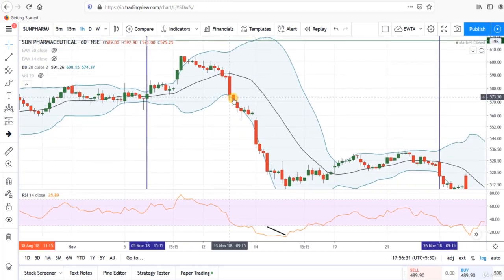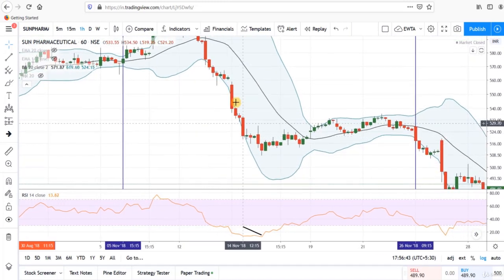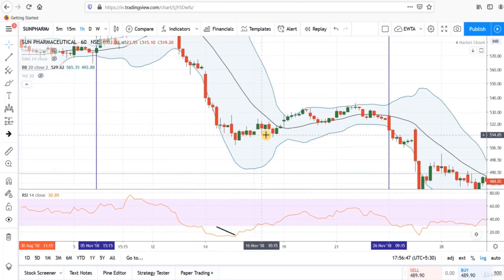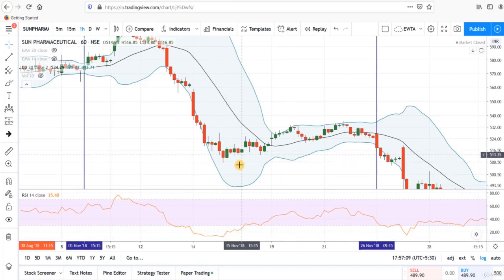So here, as prices are trading at the lower band, we can assume that downtrend may continue now and we can trade in the downward direction. All the candles are closing outside the Bollinger Band, but here prices are not able to ride at the lower band, and RSI is also in oversold range. So this is giving a signal of pullback in the prices. So we can exit from our position here.